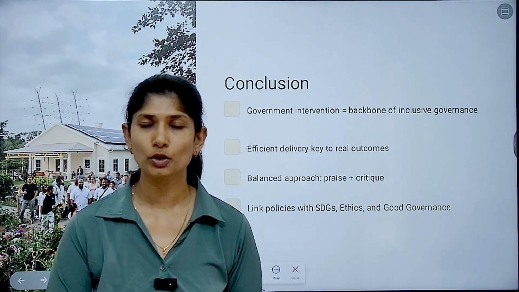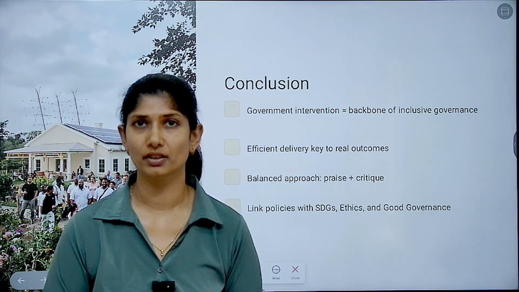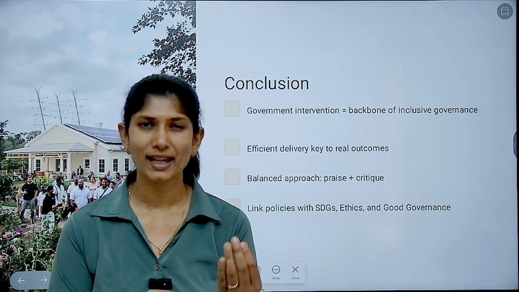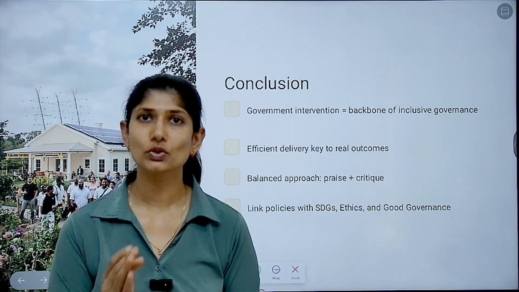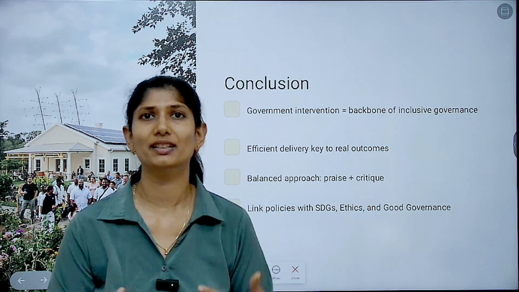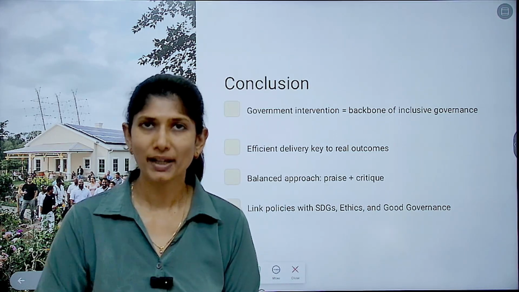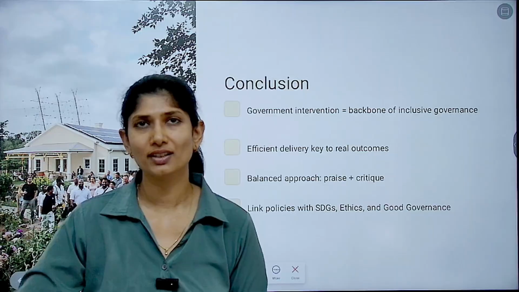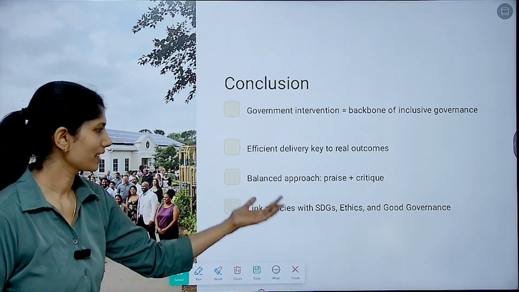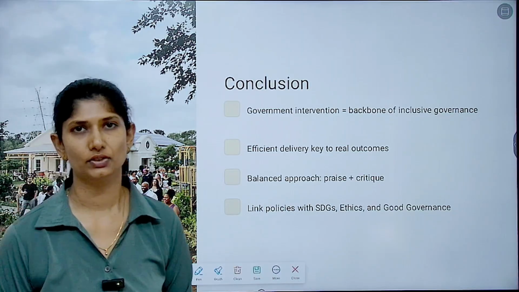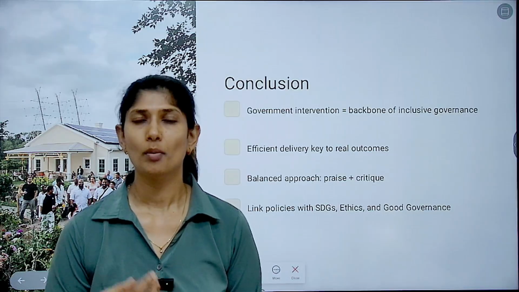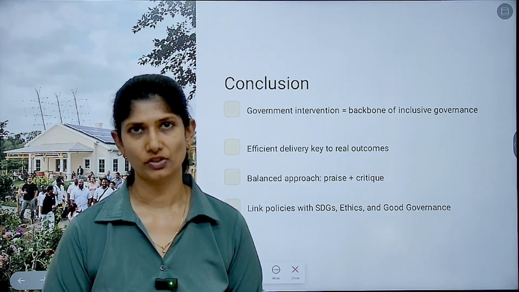For that, we have to make sure the governance models are strengthened, and we have to address the gaps, and also strengthen the existing institutions and try to strengthen the existing schemes rather than create a lot of new ones and pile them on top. So you stack, at the end of the day, the stack tends to fall. Understanding? So you link the policies with SDGs, ethics, good governance. And this is how your approach has to be for your schemes, policies, or interventions.